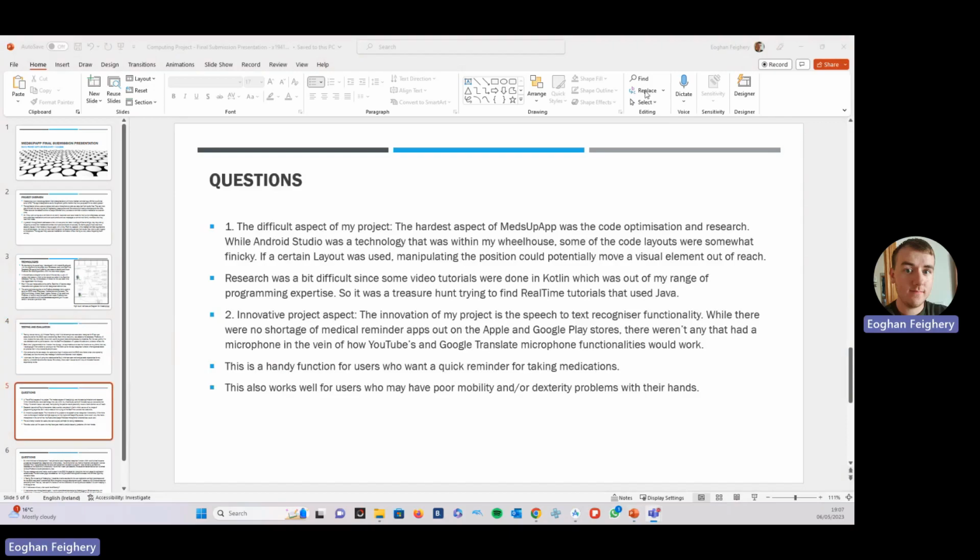I would say the difficult aspects of my project overall were code optimization and research. While Android Studio was a technology that was within my wheelhouse, some of the code layouts were a bit finicky. So if a certain layout was used, I had to position the elements carefully, otherwise they'd just be out of reach, or it has to constantly scroll just to find it. Research was also a bit difficult since some video tutorials were done in Kotlin, which wasn't within my range of programming expertise. So it did become a bit of a treasure hunt to find real-time and even Cloud Firestore tutorials